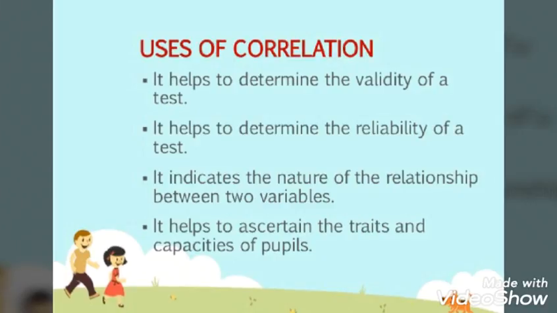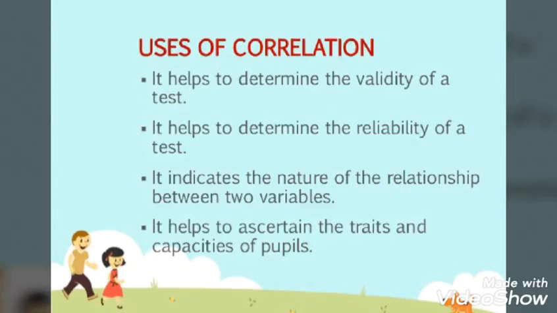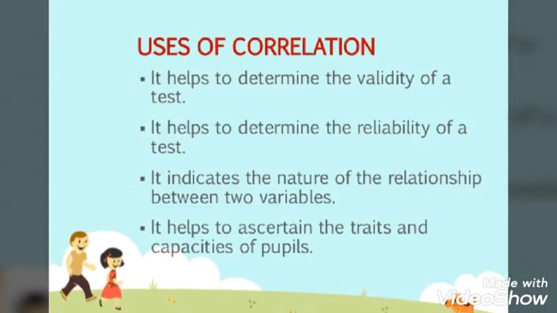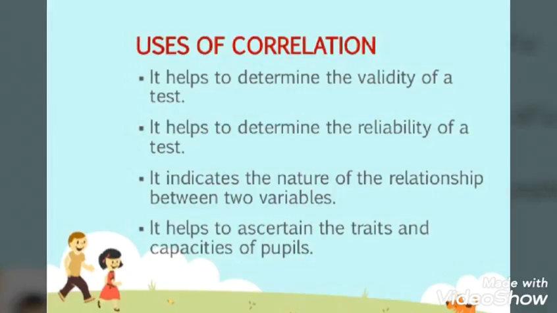It shows the reliability, that whether you can depend on these variables or not. That means whenever you proceed with these variables and it does not show a result, it will show error in your research. So this correlation will give you a reliability that your variables are good in performance and you can proceed with your variables. It indicates the nature of the relationship between two variables. It shows the relationship between the two variables to perform a research.